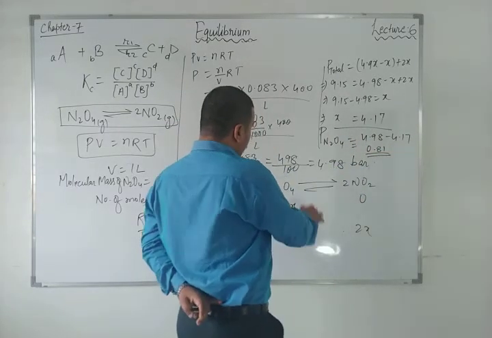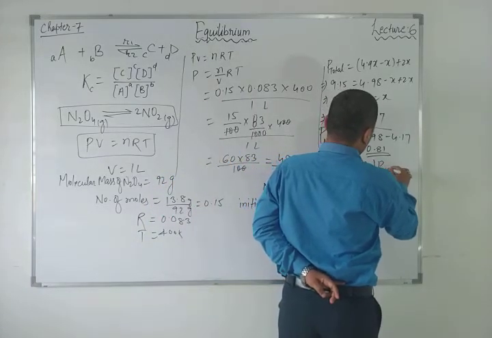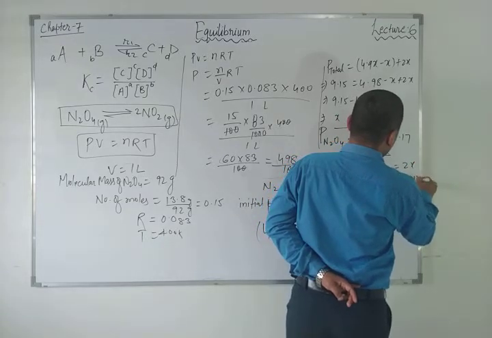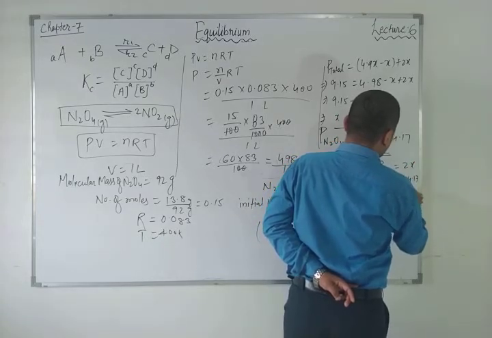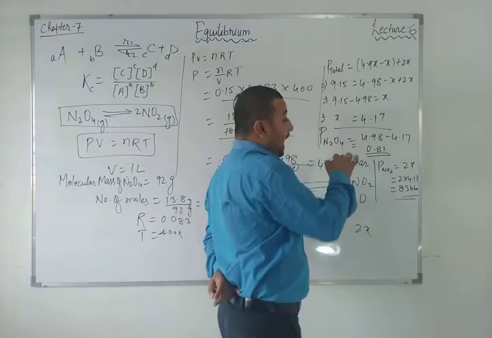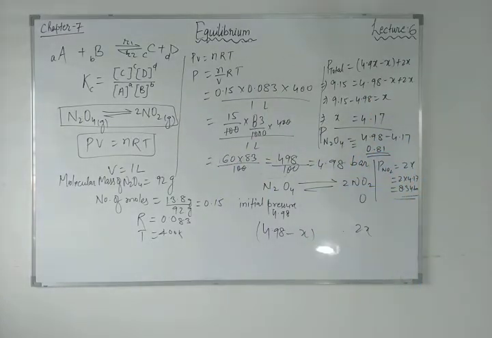And if I talk about the pressure of NO2, it's 2x, so 2 into 4.17, that is 8.34 bar pressure. This is the pressure of NO2. Now the main reaction which we have to write, that is